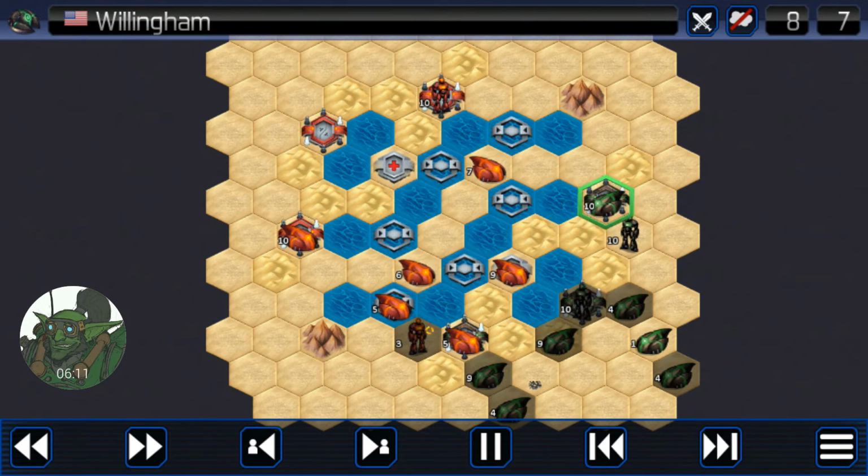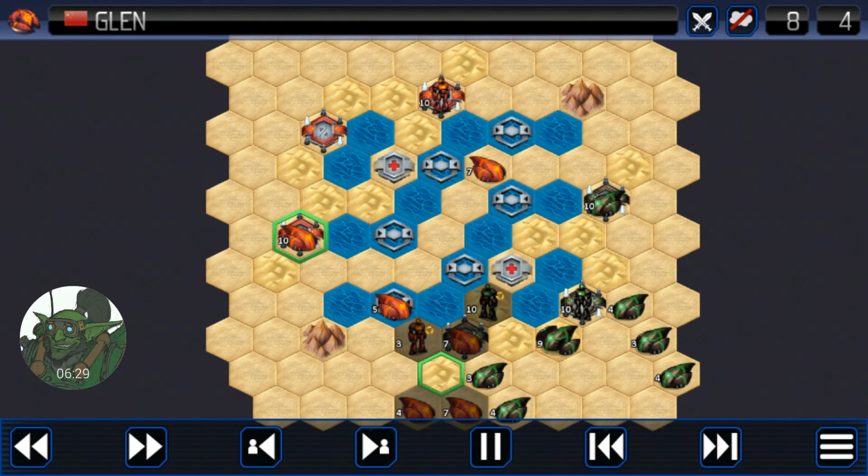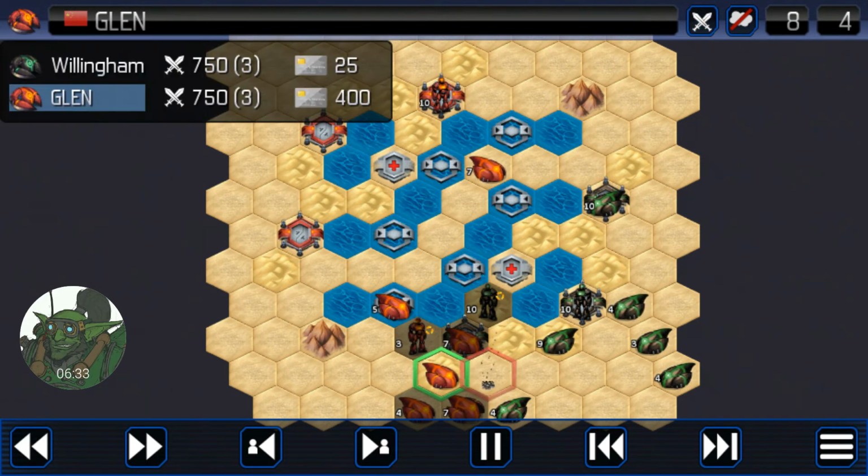Willingham now going to pump his units into another speeder and another mecha. Pour his mecha over there, trying to trap and isolate that 9 health speeder from being able to participate as easily into the bottom half. Glen now going to try and use what speeder aggression he has to move around. It looks like he's going to get the mobility to get in there anyways, despite the mecha blocking that position, and that other speeder is going to go down,